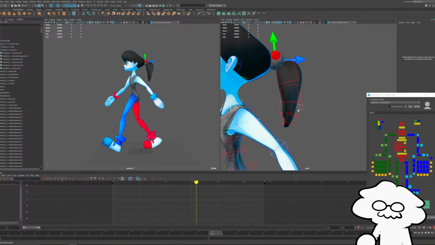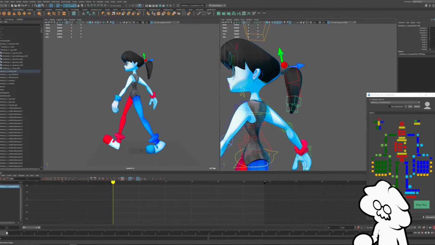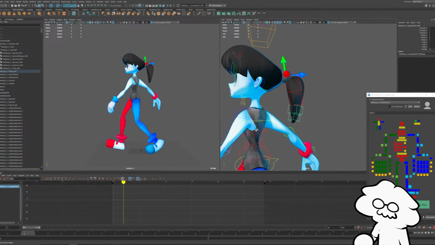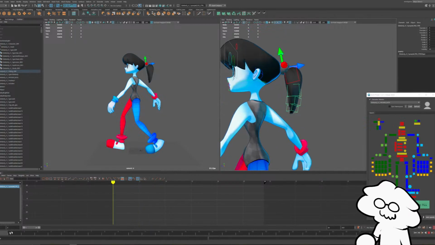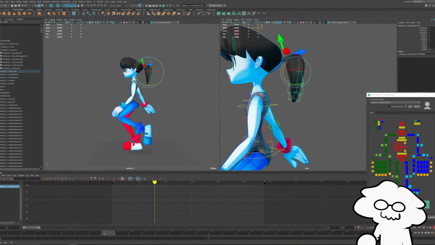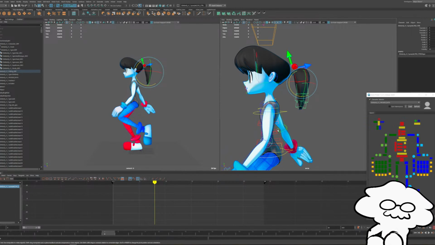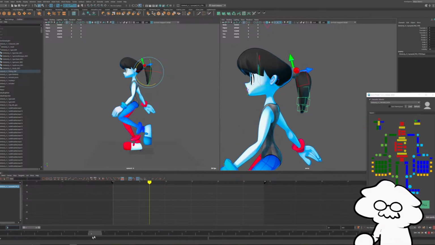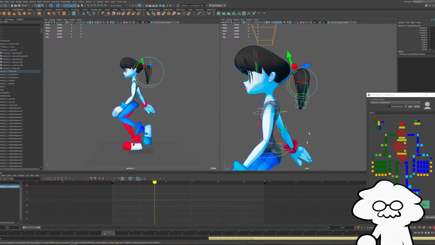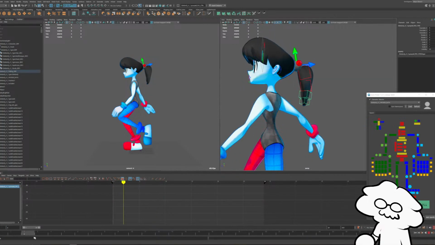We'll just add a little bit of the ponytail bouncing, and then I think we'll call it. So this is obviously not relevant to every character, but if your character has any extra parts or things that would have follow through or drag, then it's the same as the arms and the head. You want it to drag behind the main part of the body. So let's do it on the second control here.